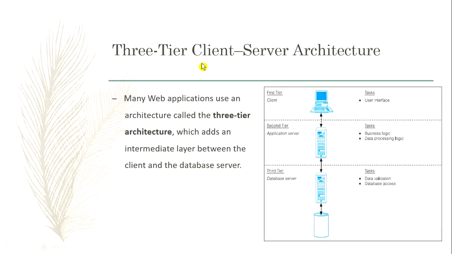Then came the 3-tier client-server architecture. In 3-tier client-server architecture, another layer is introduced between the client side and the server side. This layer is the application server. So at the client side, we now have just the user interface. Then the second layer, which is the application server, has the application program or the web pages. So the client side just has the user interface and the browser, and the main application program or the web application is running here at the application server.